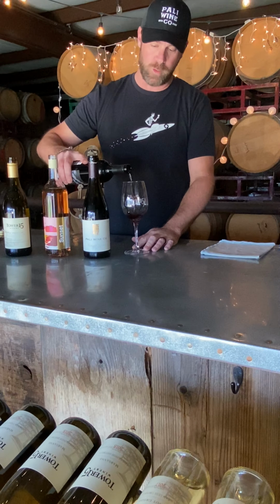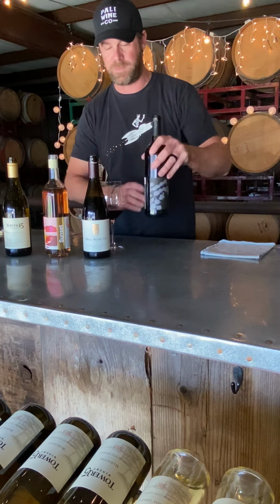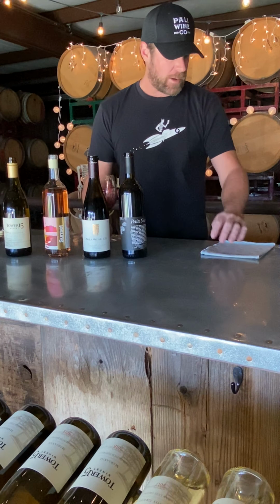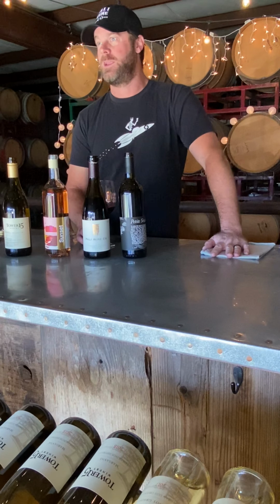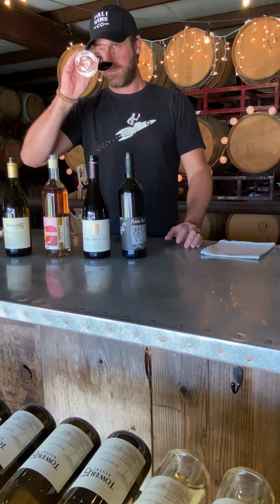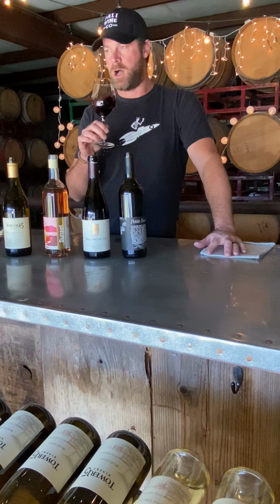Paso Robles being much warmer climate, compared to like Santa Rita Hills where we are here, where Pinot Noir grows, Petite Sirah prefers much warmer climate to grow in. If grown in the right place, it'll get nice and ripe. You'll get big, rich fruit flavors. This wine's no exception. It's got blueberry, blackberry, a little chocolate,